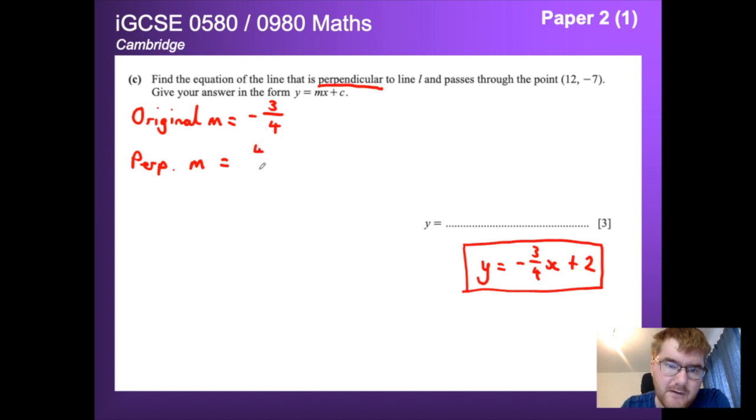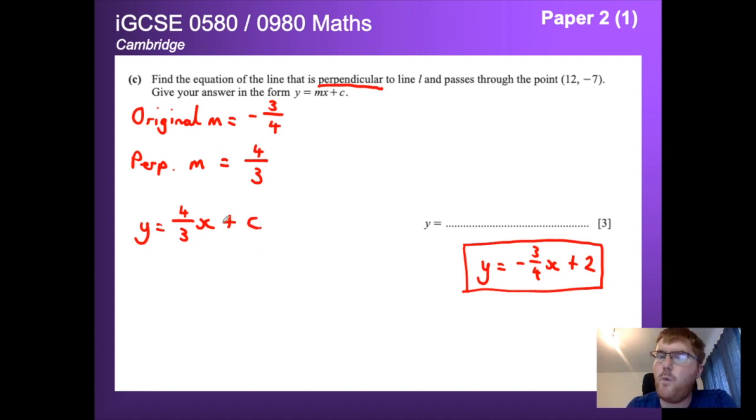So we're going to flip our fraction, 4/3, and then change the sign. So we're going to change it to a positive. So if you ever see perpendicular in a y equals mx plus c question, you take the original gradient, flip it, and then change the sign. So we know the general equation of our straight line is y equals 4/3 x plus c,